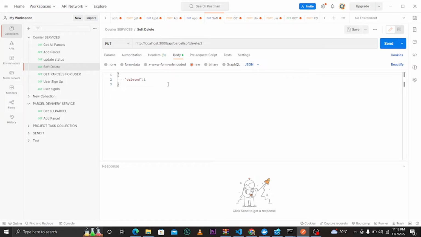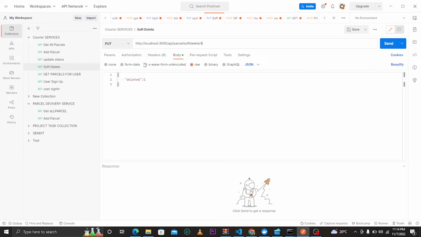Soft delete is not arbitrarily deleting that parcel from our database, it's just hiding it, but it is already in the backend. It is in our database, but we have hidden it so that maybe we don't want other people to see it, or maybe we just want to keep it for the record and we can use it for data analytics. So now we just give here an ID of 4,